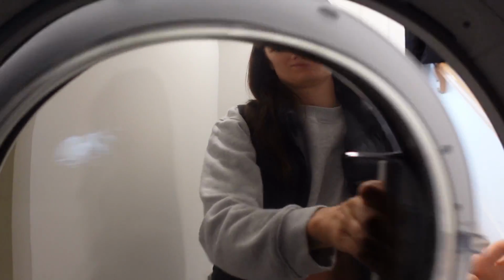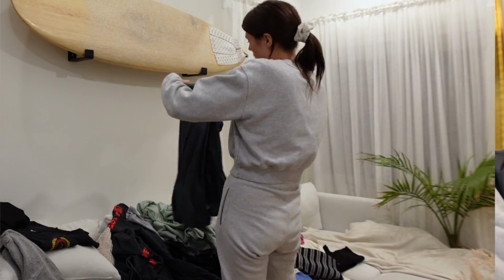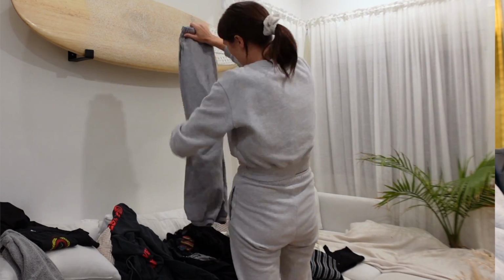I am very excited because I leave in under 2 weeks for Mexico. So that means it's time for me to start packing. And the first step whenever I start packing is always to do laundry. I feel like it's important to have all of your laundry done, and sorry if you can hear mine going in the background, because then you know for sure everything is going to be clean that you might